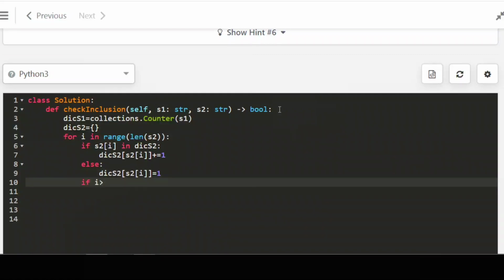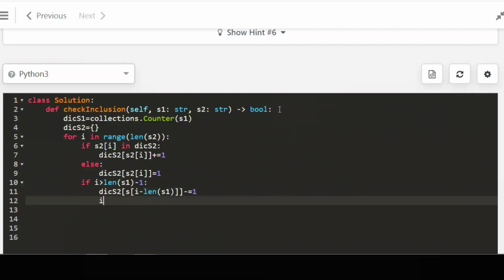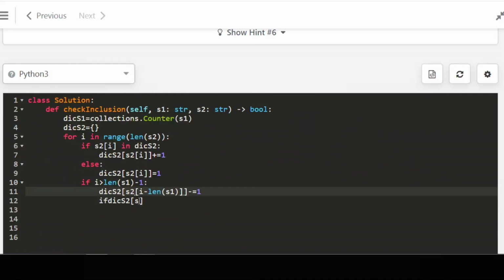If i is greater than or equal to len(S1) minus 1, then we eliminate the first value of the last sliding window. So we take dict S2 at index i minus len(S1) and reduce its value by 1 in the dictionary.